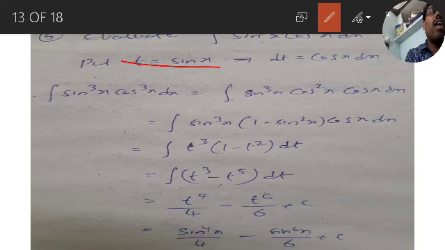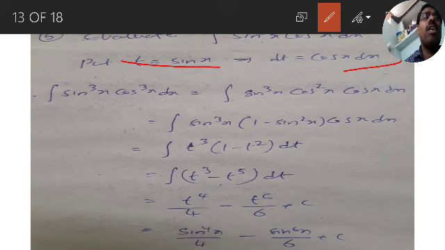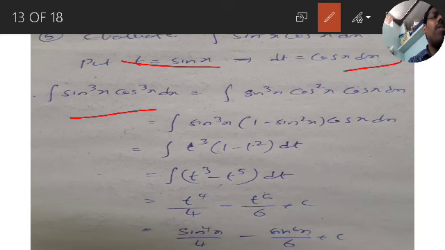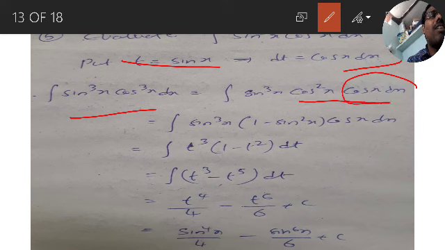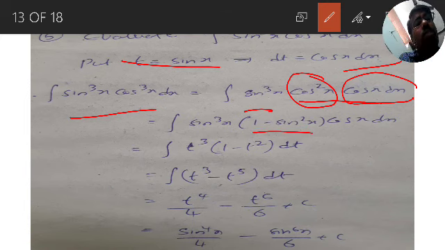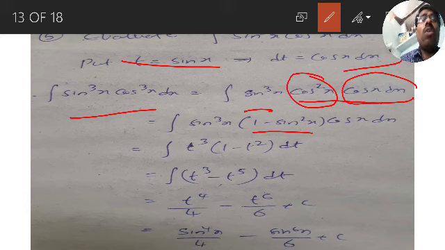So I am doing it with sin x. Dt is equal to cos x dx. Now integration of sin cube x into cos cube x: cos cube can be written as cos square into cos x. Cos x dx is dt and sin cube is t cube. Now cos square can be written as 1 minus sin square. So integration of sin cube x into 1 minus sin square x into cos x dx. Substitute sin x is equal to t. So integration of t cube into 1 minus t square into dt, that is integration of t cube into 1 is t cube minus t cube into t square is t power of 5, into dt.